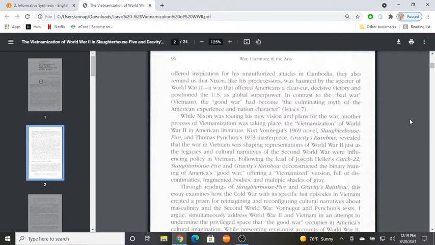Some of my favorites from that first paragraph. I have them written down. Give me just a second. When she talks about Patton, the appeal of it, she says World War II offered a clear-cut, decisive victory. Now, what does she mean by that? Well, think about it. We're America. Who are we fighting in World War II? We're fighting the Nazis. It doesn't get much clearer cut,